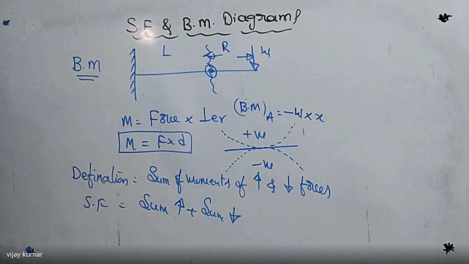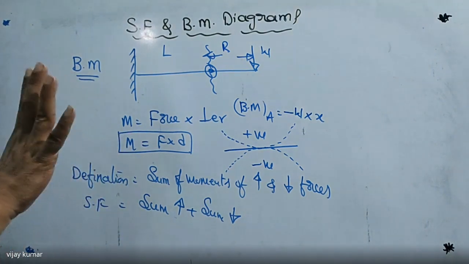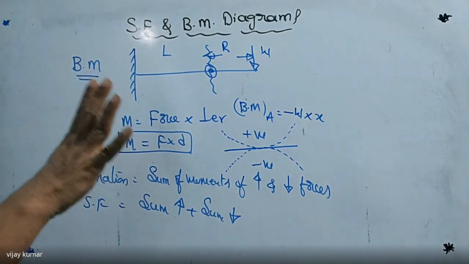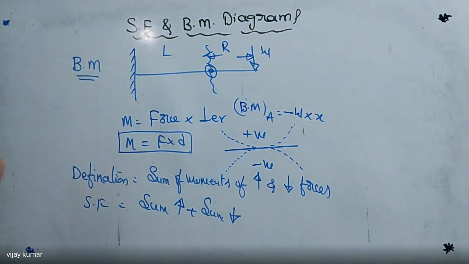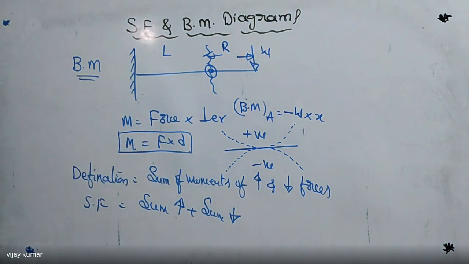We can easily identify where the bending and shear are maximum, and at that point the component goes to fail. So I want to design the component at that point without any failure. How to design it? By providing more material, we can increase the strength of that point. Then automatically the component never goes to fail. I will give the explanation in bending stresses and shear stresses, how to increase the strength of the material. Did you get my point or not?